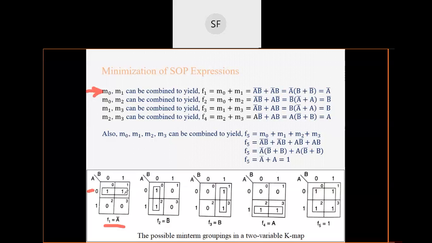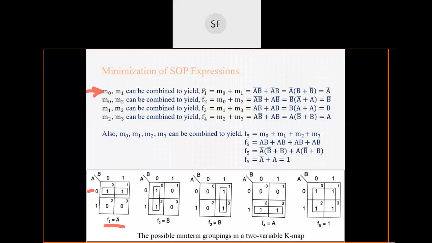Now when you combine two adjacent cells, you can observe here we are told that one variable will be eliminated. Now which variable will be eliminated? The one which is varying. Just observe here. Due to this combination, A की वैल्यू तो 0 ही थी, it was constant, but B was varying. B के दोनों वैल्यू आ गए ना इसमें in the combination, so that's why B will be eliminated. Similar thing is explained here.